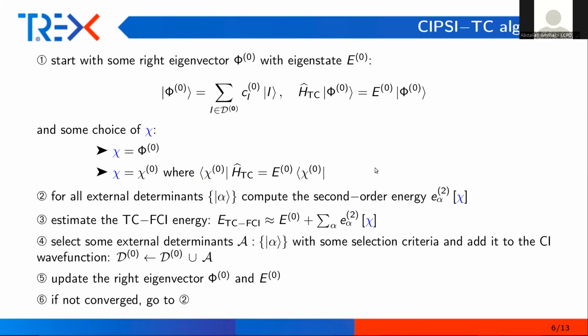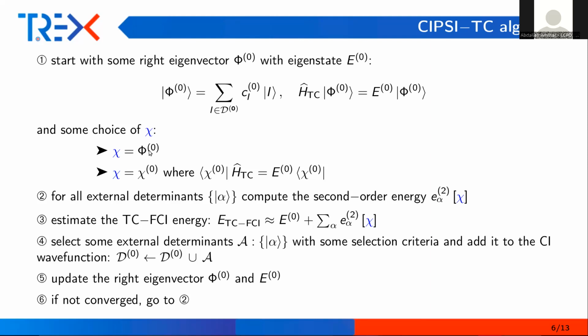So we start by solving the transcorrelated eigenproblem on some initial space of determinants D0 to obtain right eigenvector phi 0 and E0. And furthermore, we have now to consider some choice for the left function chi. So in this work, we have tried two different choices. The first one